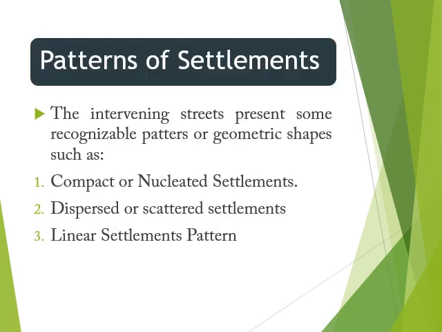The patterns of settlements, यानी कि अलग अलग प्रकार के आकार के settlements, रहन सहन। The intervening streets present some recognizable patterns or geometric shapes such as compact or nucleated settlements, dispersed or scattered settlements, that is different from other places that look dispersed and scattered, अलग अलग किया हुआ, and linear settlement pattern। These three types of settlements we will study।